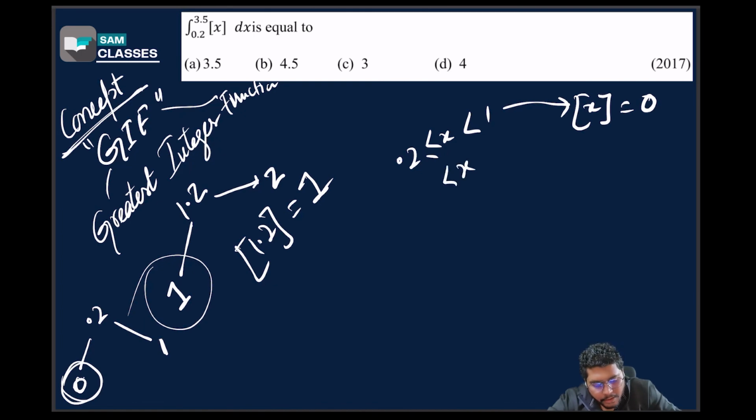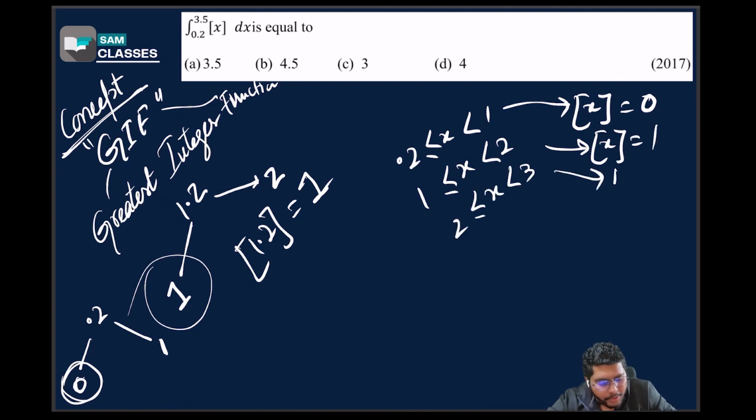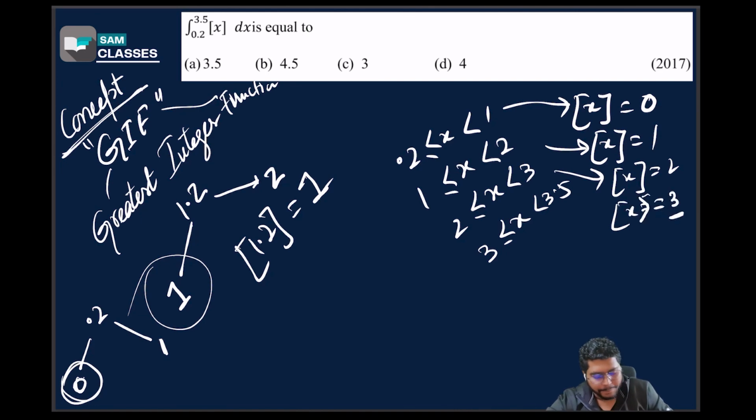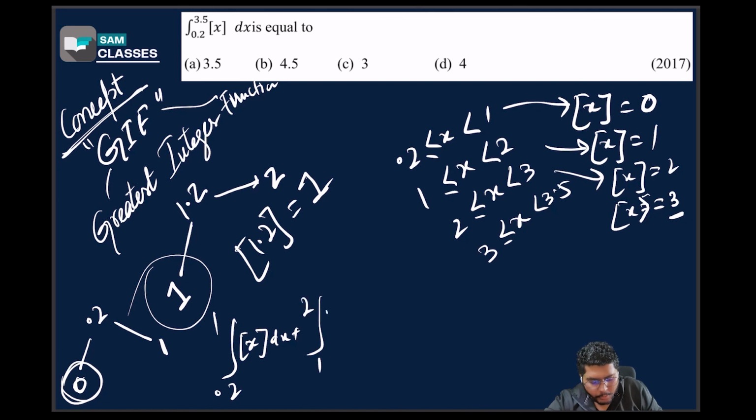Whenever it is between 1 to 2, the smallest integer is 1. Between 2 to 3, it is 2. Between 3 to 3.5, the smallest integer is 3. So you just need to break it into 0.2 to 1, box x dx, plus 1 to 2, box x dx,